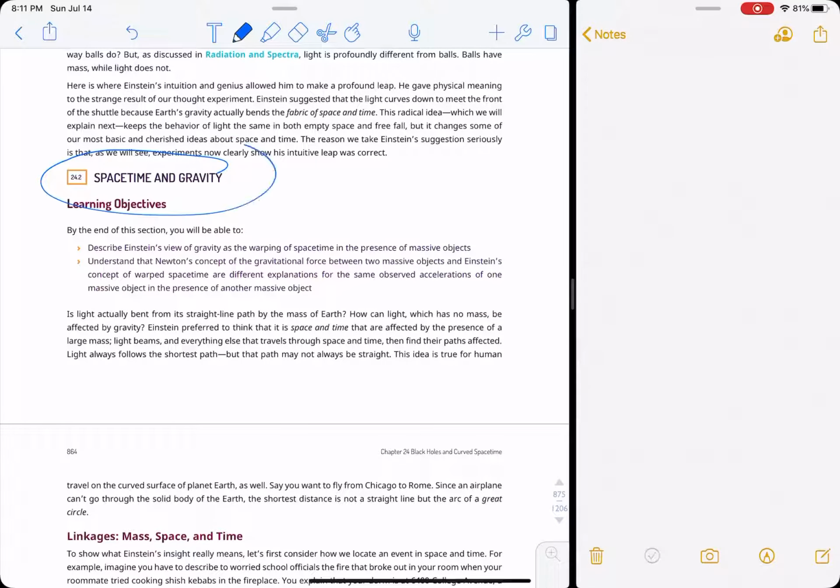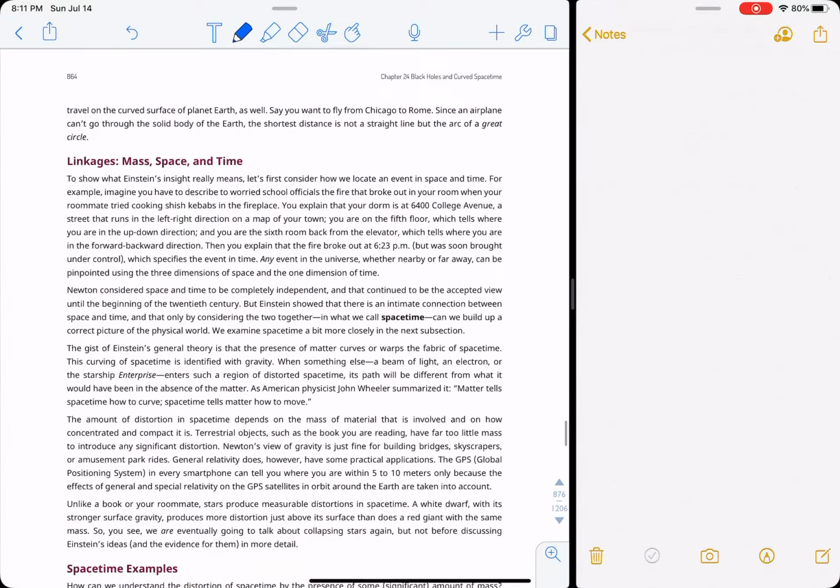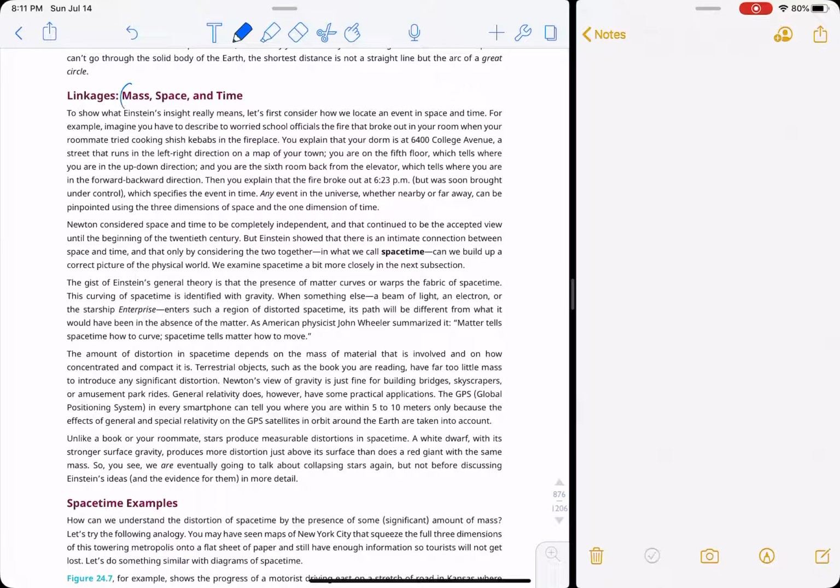Okay, so space-time and gravity. The idea here is that gravity, according to Einstein, is the warping of this flat space. It becomes curved in the presence of something like the sun or the earth. Newton says for every force there's an acceleration, and Einstein says the same thing, but a little bit differently. The mass of a planet curves space and time, and the curvature tells another mass, for example, how to move. So it's really crazy. When we link the mass, which causes a warping of space and time, and then we link space and time and mass together,